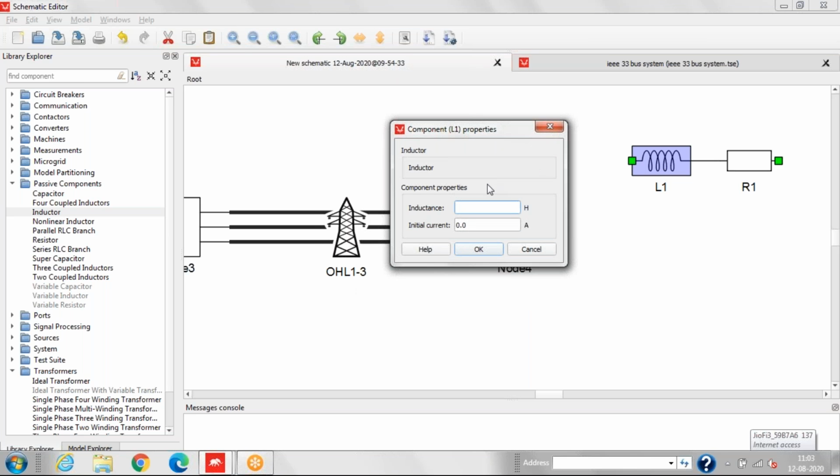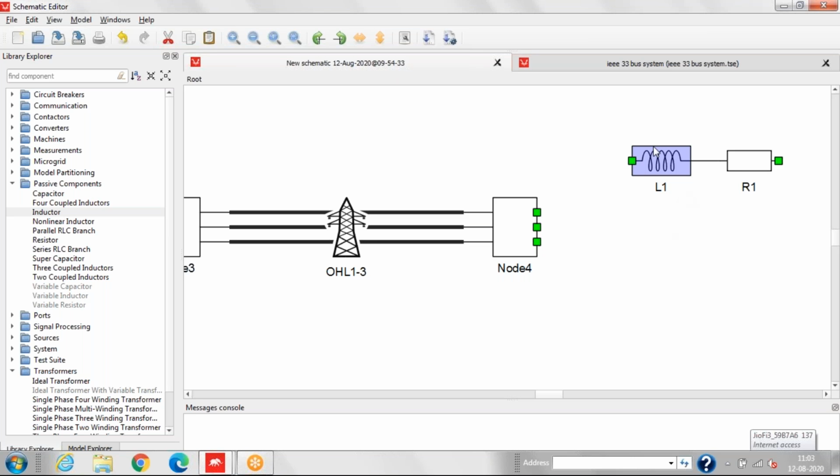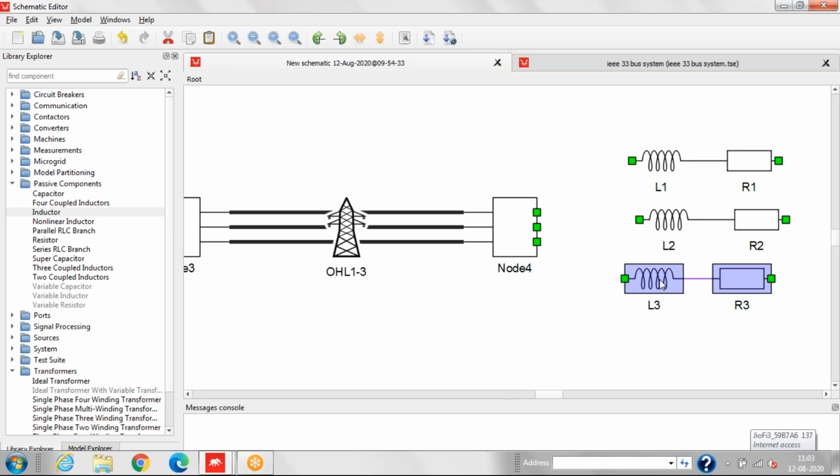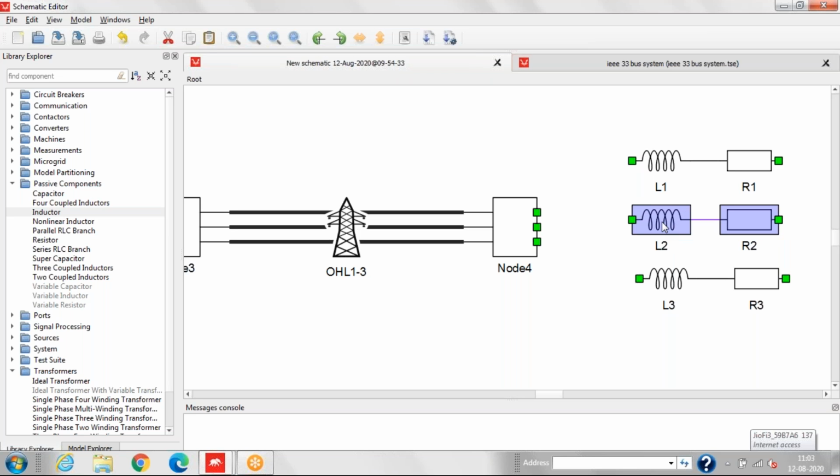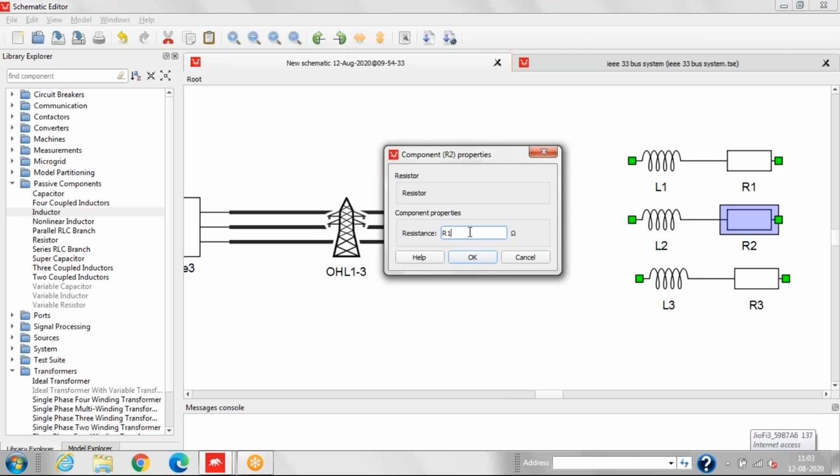Later we'll define R1, L1 and all the load in the model initialization. This will be R2.